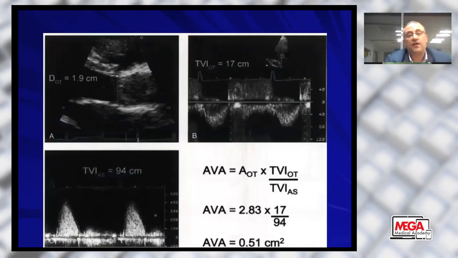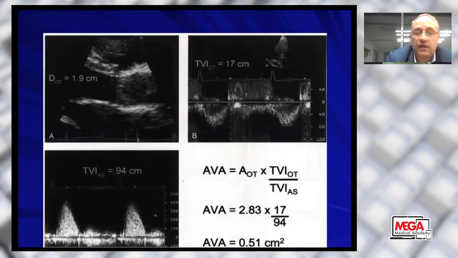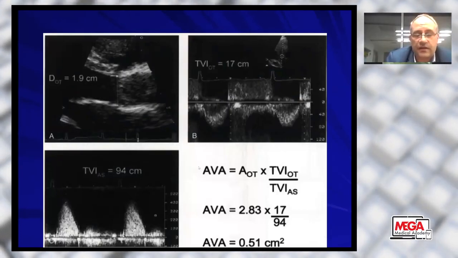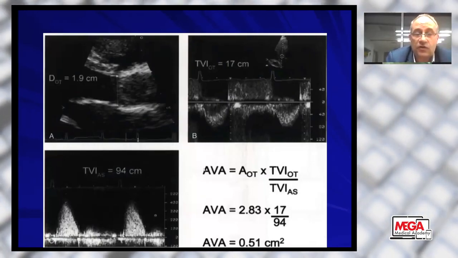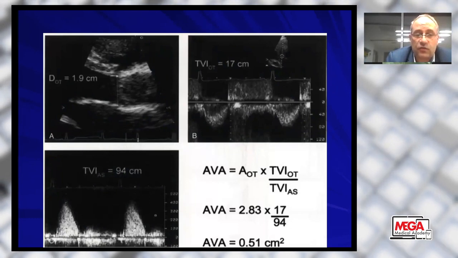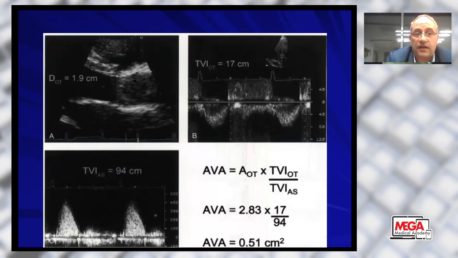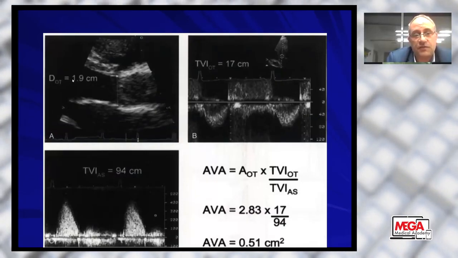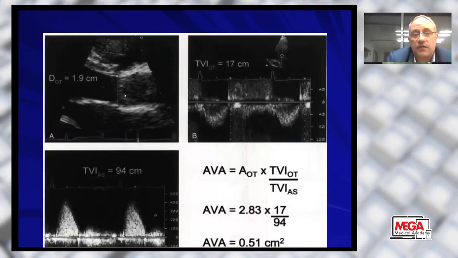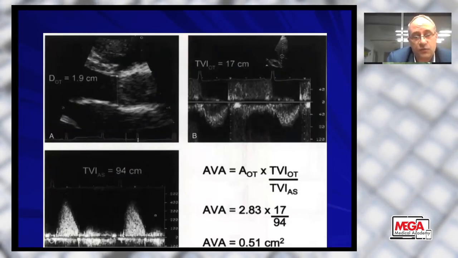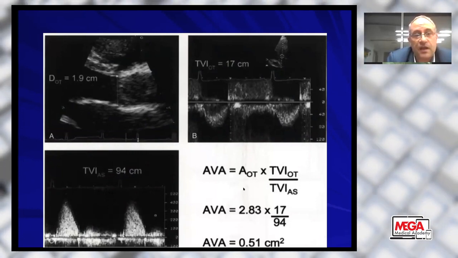For example, if we apply the continuity equation to the LVOT and the aortic valve, flow across the left ventricular outflow tract will finally go through the aortic valve. If I know the diameter of the LVOT, which is, for example, 1.9 centimeters, I can calculate the area of this circle by the equation: it equals πr squared. So I can get the area of the LVOT. And if I can measure